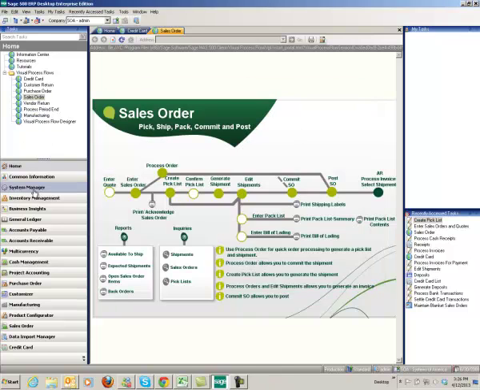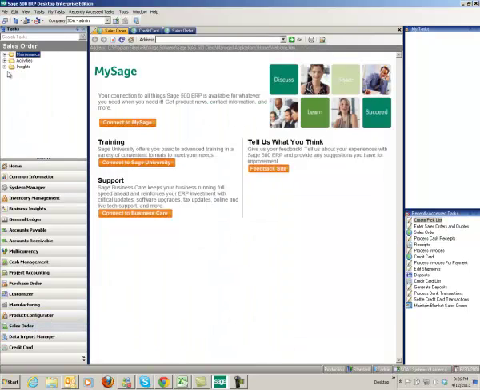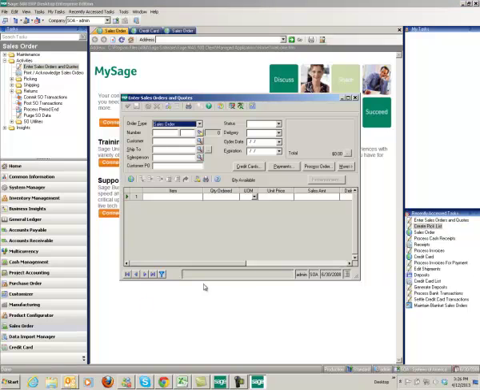So for that, we'll go back over here to sales order, activities, enter sales orders and quotes. Click on this last button. And there's our order that we pulled up. We'll make note of the order number. It's number 308. So now we can go back